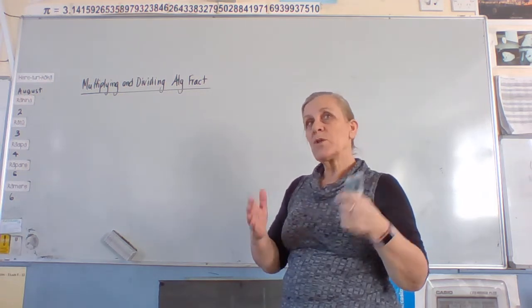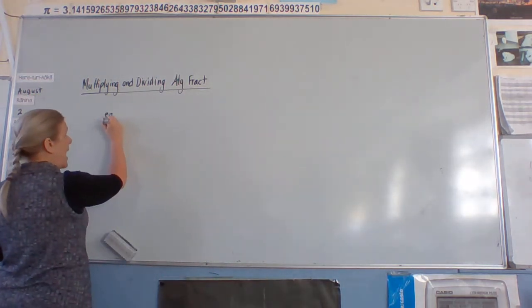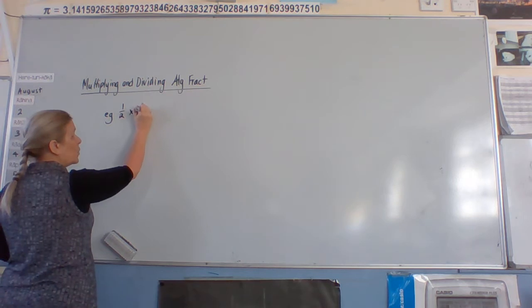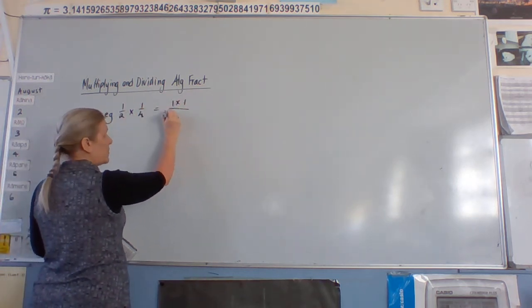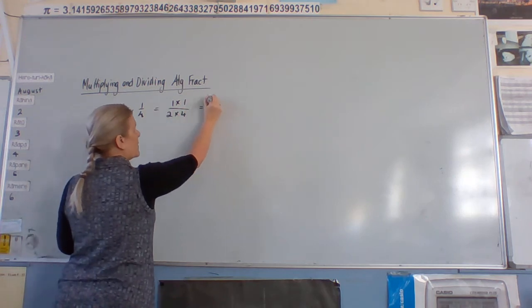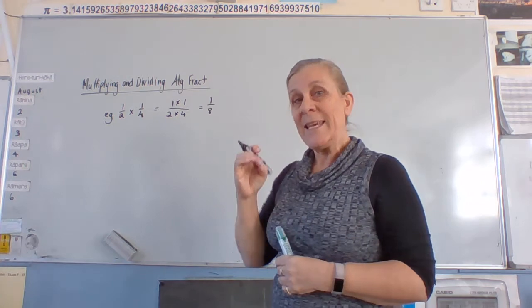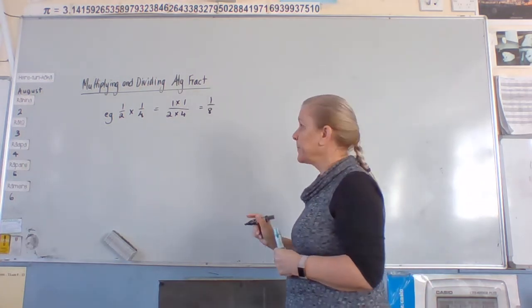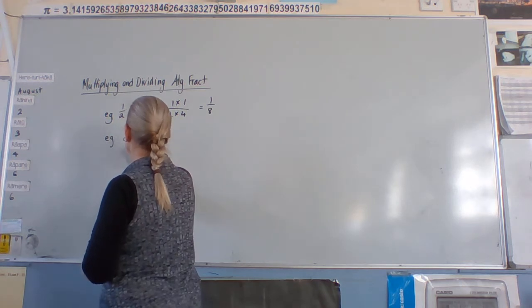So when we multiply fractions, going right back to the beginning, if we do a half times a quarter, then we multiply the top, 1 times 1, and we multiply the bottom, 2 times 4, so the answer is an eighth. A half of a quarter is an eighth, all right? So if we use those same rules and we have some algebra,